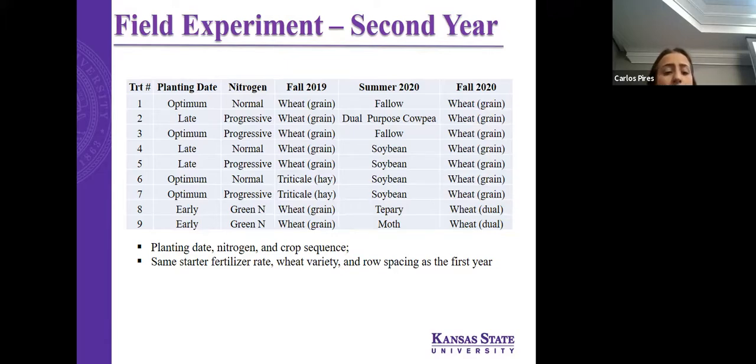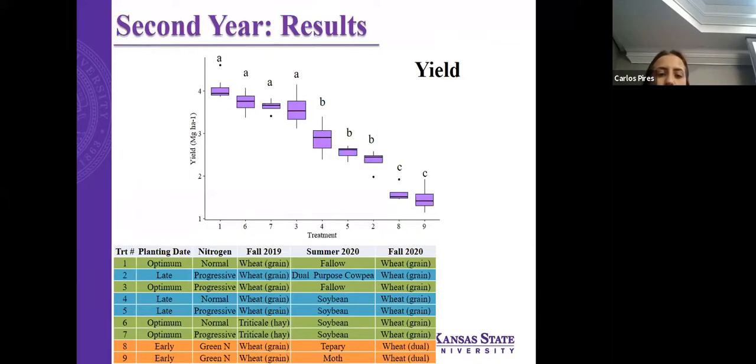The factors that we have here now are planting date, nitrogen, and crop sequence. We also applied the same starter fertilizer rate as the first year, the same wheat variety, and row spacing. However, this year for the early and the late planting date, we increased the seeding rate, and for the optimum, we kept the same seeding rate that we had in the first year. And then going ahead to the yield results,